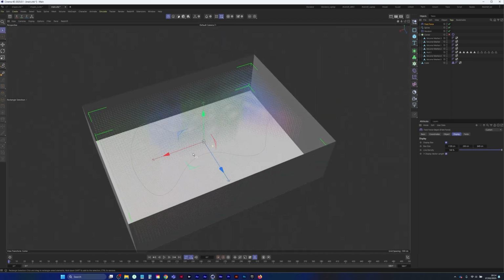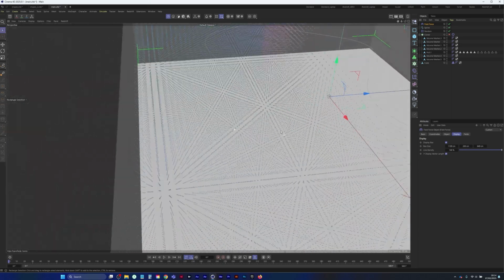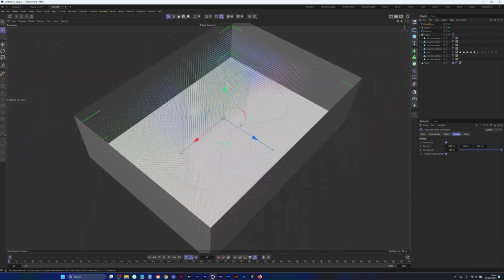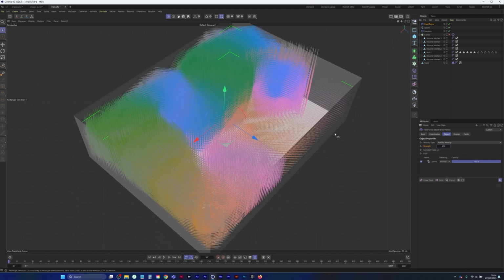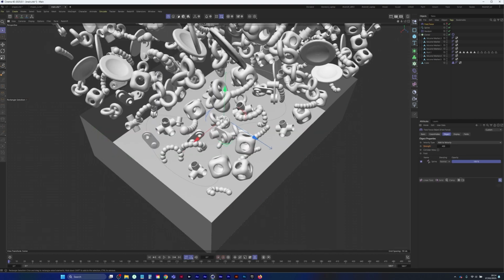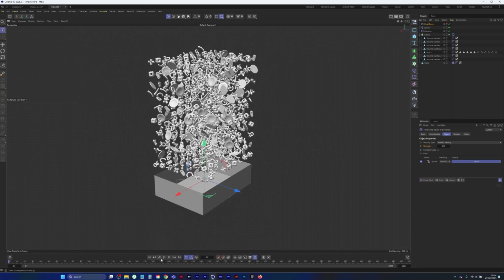you can see these little vectors here are showing the direction that our field force is going to be pushing objects in. We need to crank up the strength of this. We'll go up to like 400 maybe. And we can turn off the visibility of this as well, so that it's not in the way. Let's turn back on our cloner. And if we hit play,